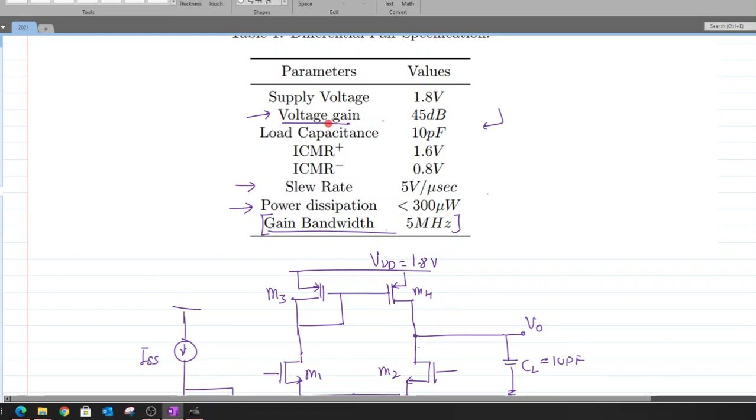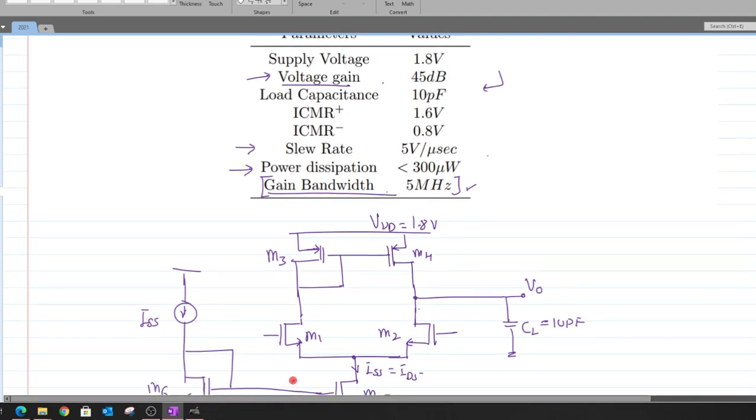So again, whenever you are given these two specifications, it is this gain bandwidth product specification that you have to take during the computation of the transistors. Okay, I will talk about which transistors would then be used for the gain bandwidth product parameter to calculate its aspect ratio. But as of now, you have two specifications, and among these two, it is this gain bandwidth product that takes over the control. And here again, there are two specifications: the power dissipation and the slew rate. Among these two, it is the slew rate that takes the highest priority.